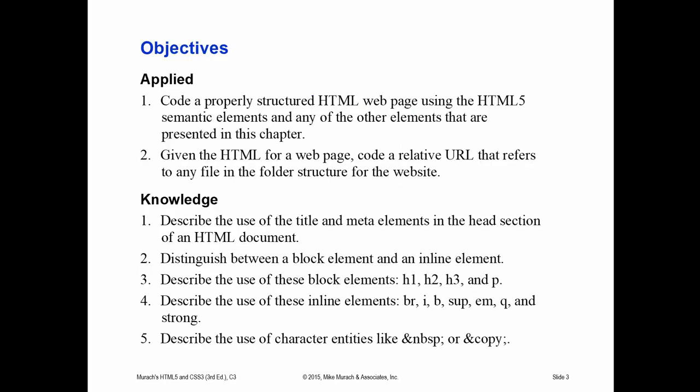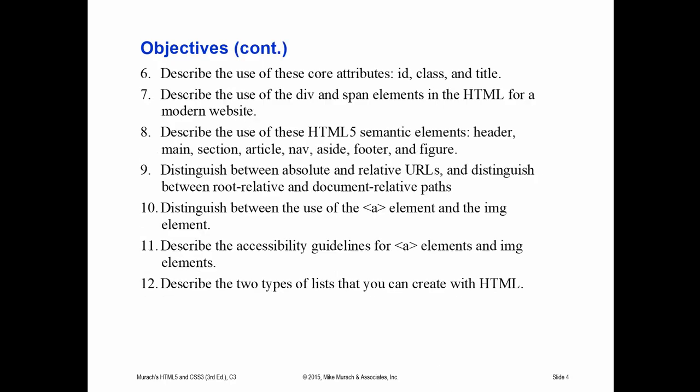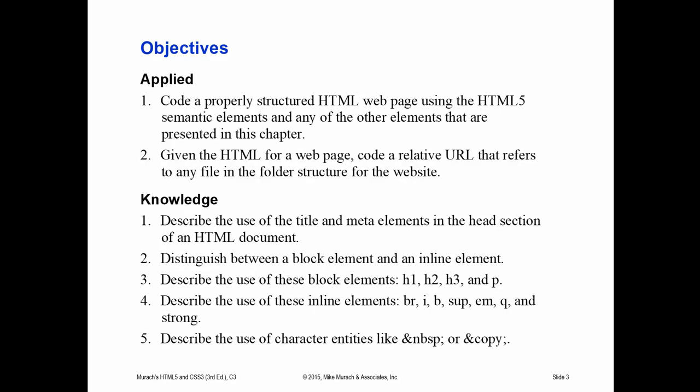So as far as our objectives, we've got 2 applied objectives and 12 knowledge objectives. We want to be able to code a properly structured HTML web page using HTML5 semantic elements, and we go over those in more depth and coverage as the book goes on. Second, given the HTML for a web page, code relative URLs that refer to any file in the folder structure. Start talking about that. Our knowledge objectives: describe the use of the title and meta elements in the head section,